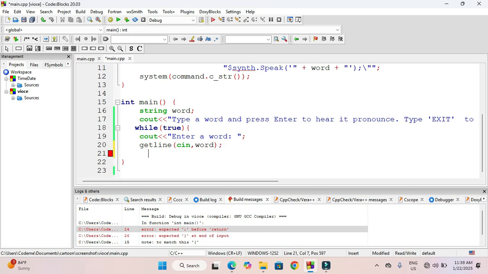Okay, so when you finish, we want to perform an operation that will exit the main execution loop and it will terminate the main window. So the moment the user types exit, it will exit the execution and the main loop window. So you type if bracket open word is equal to exit,